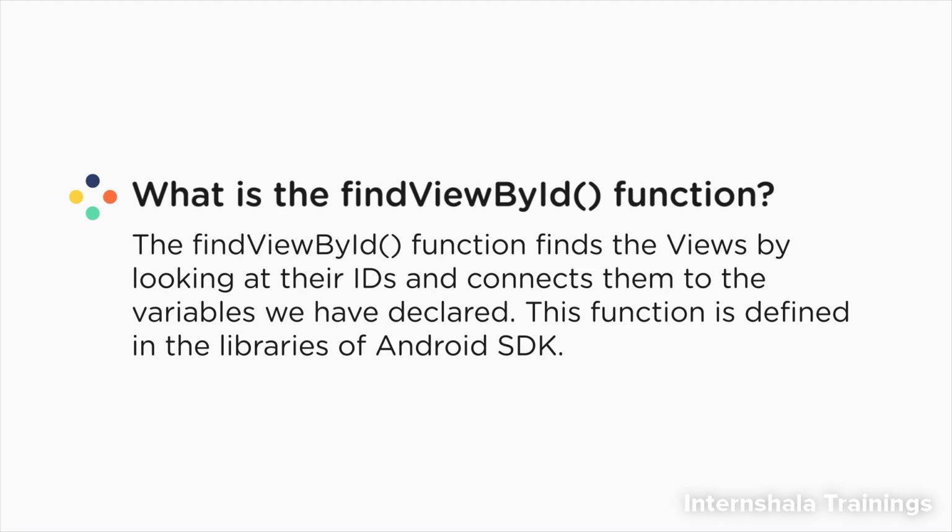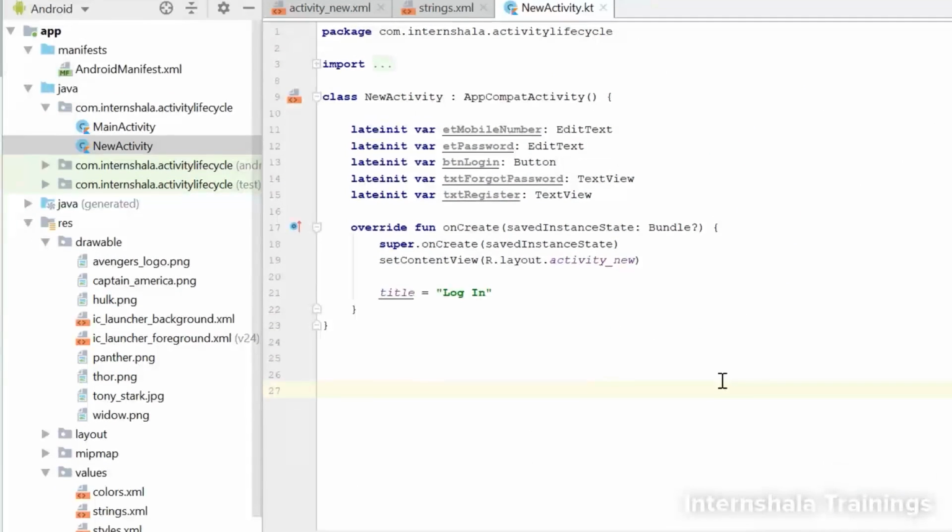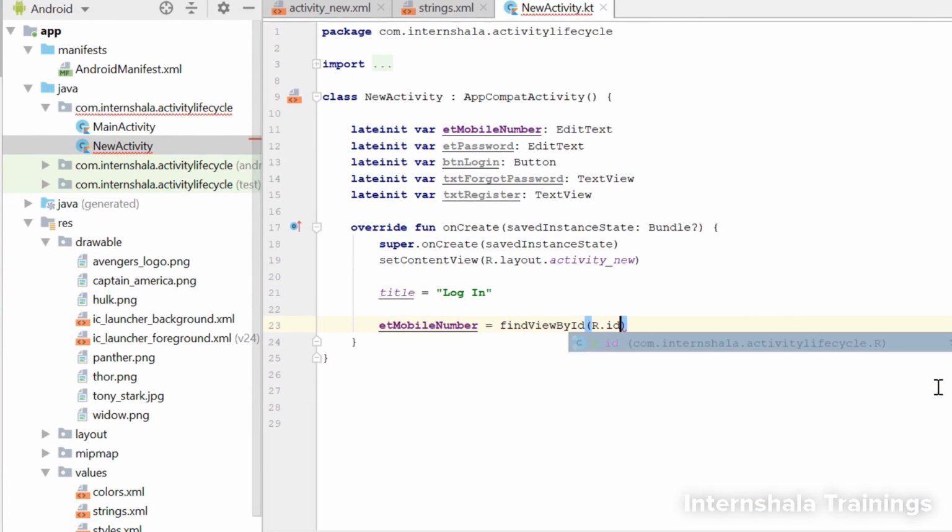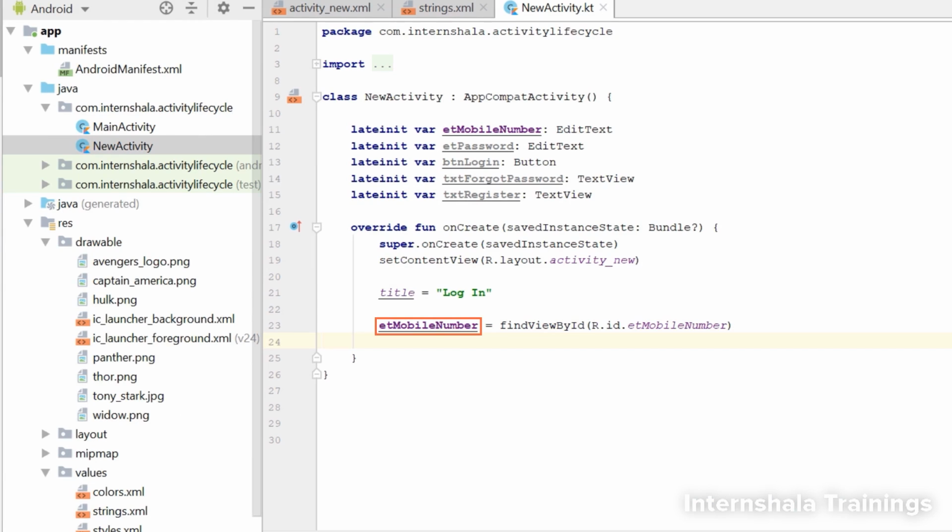We now understand that whether we are working with linear layouts or relative layouts, we must always give IDs to our views. So let's do this now. We will write the name of the variable, put an equal to sign, and then use the findViewById function.